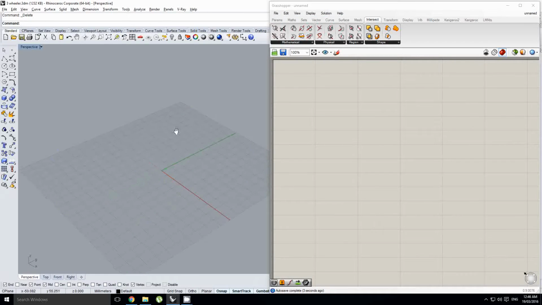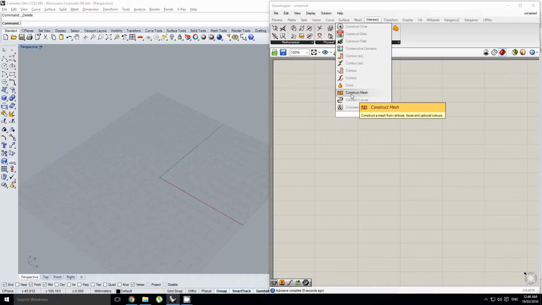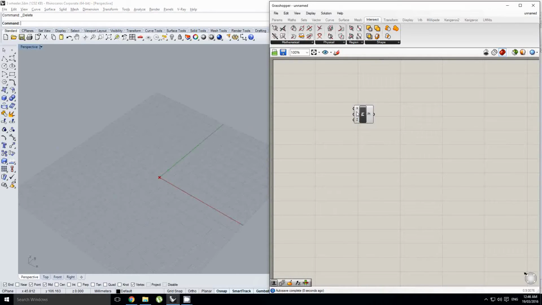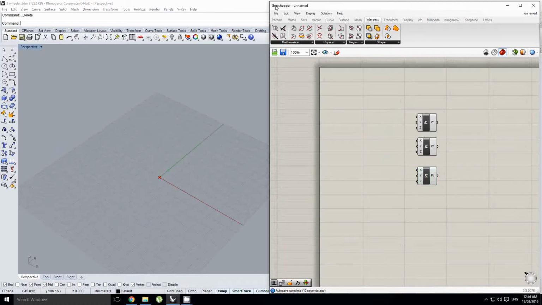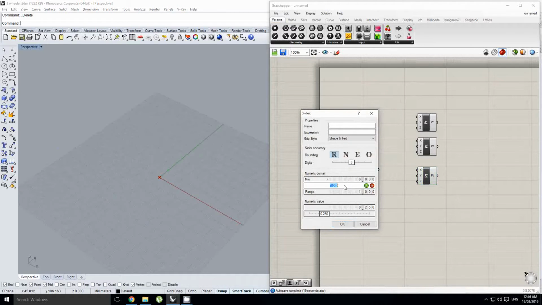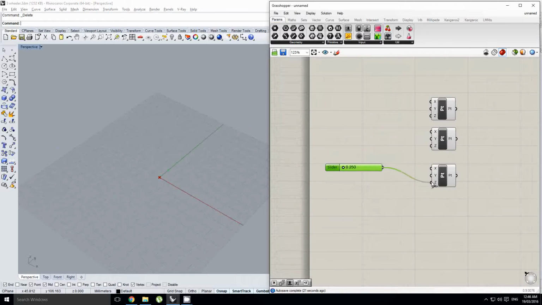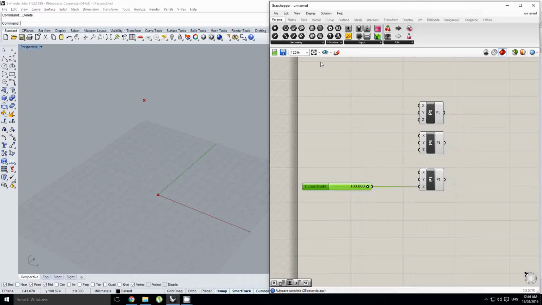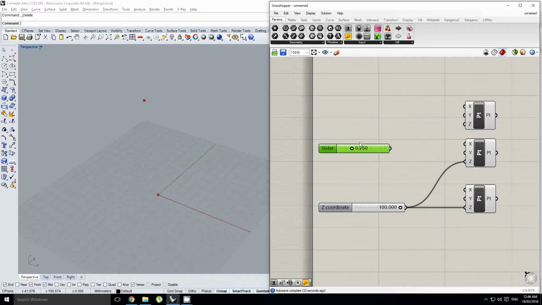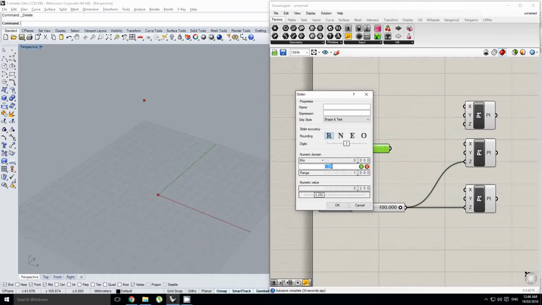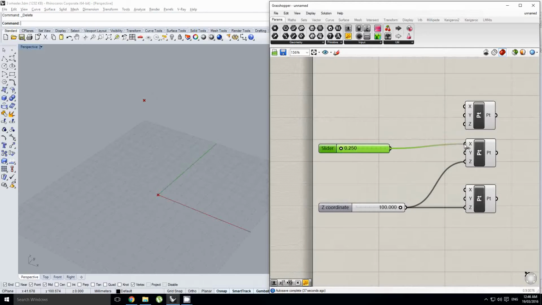Get rid of this, and okay, so we're going to start with 3 points. So I'm going to drop down 1, 2, and 3. And I'm going to throw in some sliders as well. And so the slider is going to have a maximum value of 100, and I'm going to plug that into my Z, and then I'm going to plug that into my next point component as well. I'm going to throw down another slider, maximum value of 100 again. This is going to be my X value, and in fact,